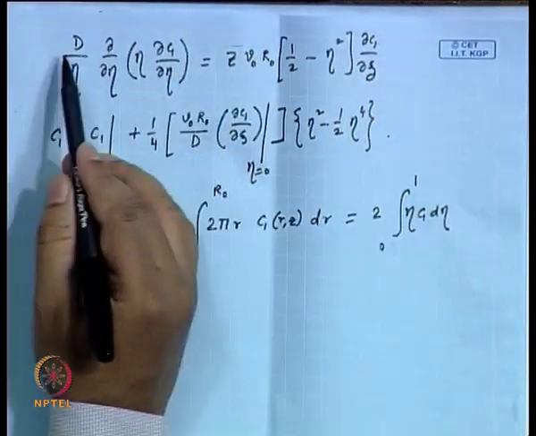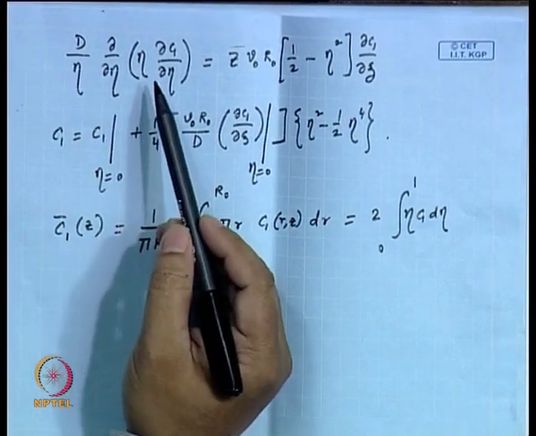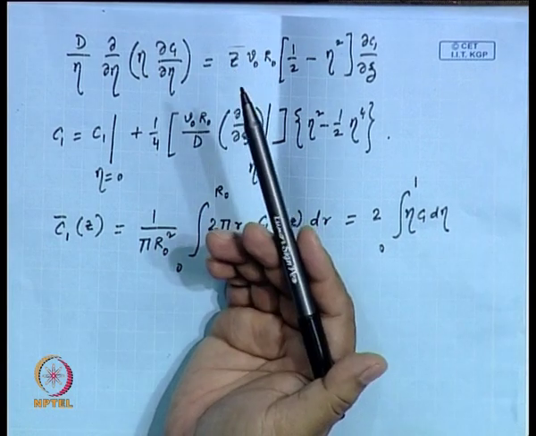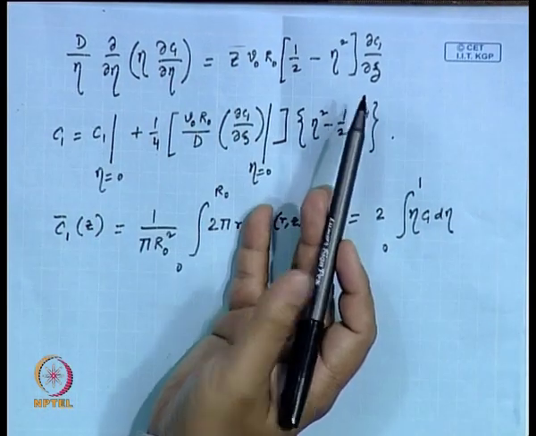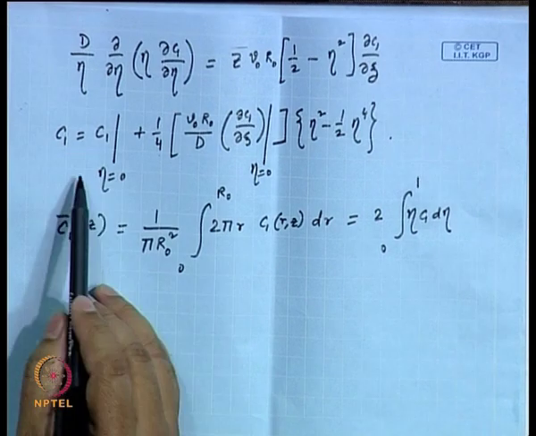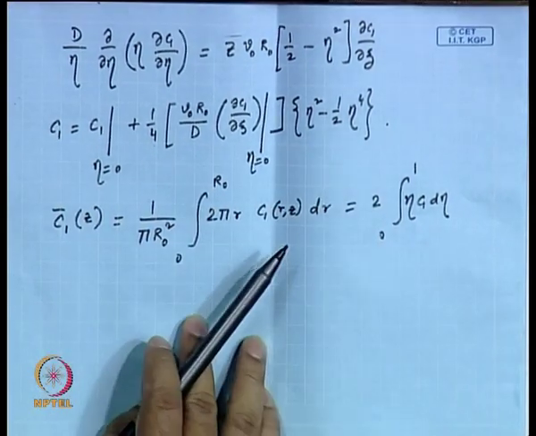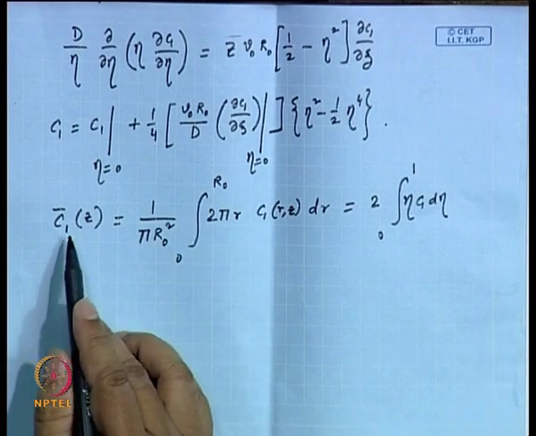Okay, the first expression that I put here is the governing equation in terms of eta and zeta. Instead of writing it in terms of r and z, it is written in terms of eta and zeta, and then we said that this is one solution to this equation. And then what we discussed in the last class is that C1